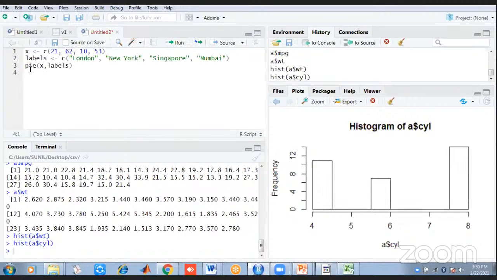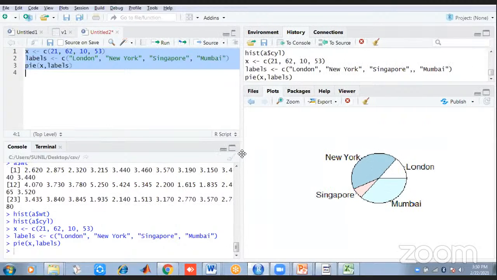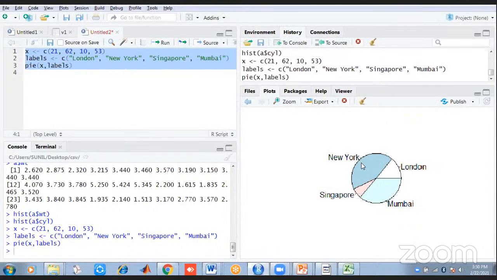Now, to create a pie chart, we have to use pie. We have stored the values in x, and I have passed the labels. I will execute this. Is it visible? Some screen is hiding for me. Yes, ma'am. New York, Singapore, Mumbai, and it is separated by the values and identified by different